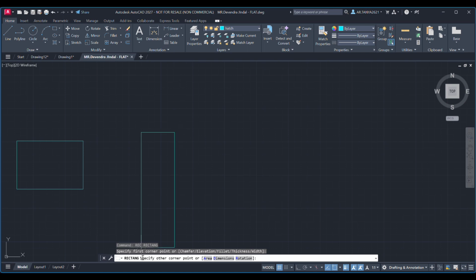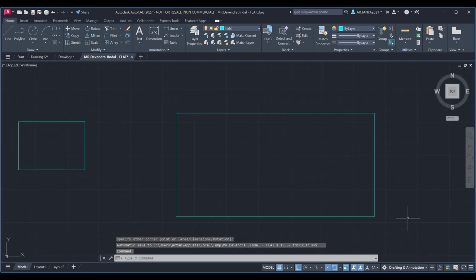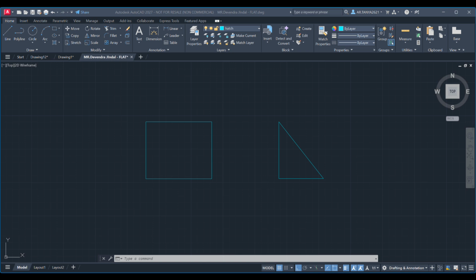Then it says specify other corner point. I specified the other corner point. You can see there is a rectangle on the screen. I read the command and I followed it. Pause this video and try making these two shapes by yourself.